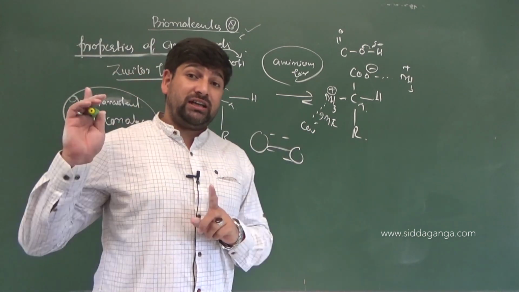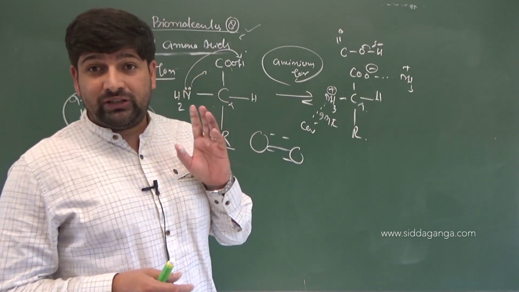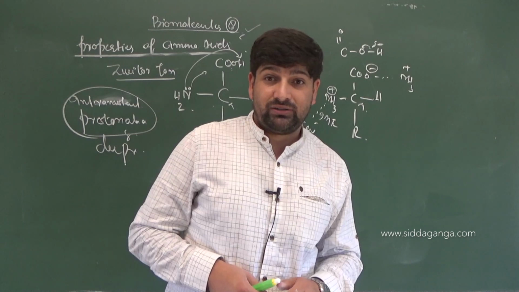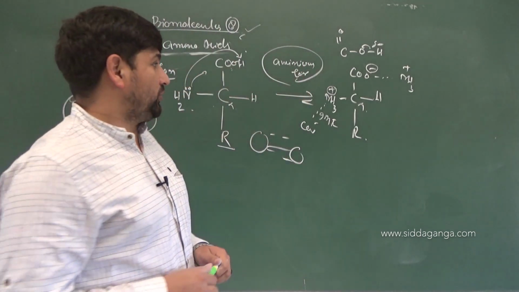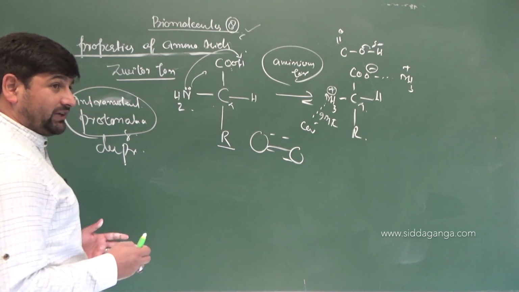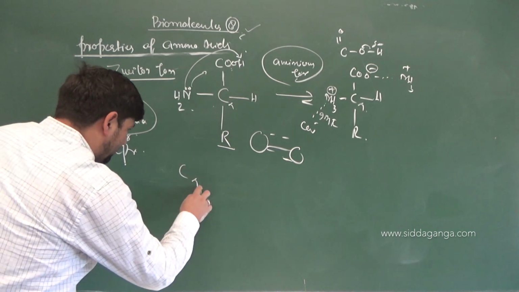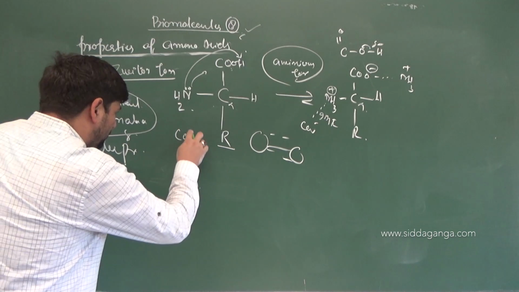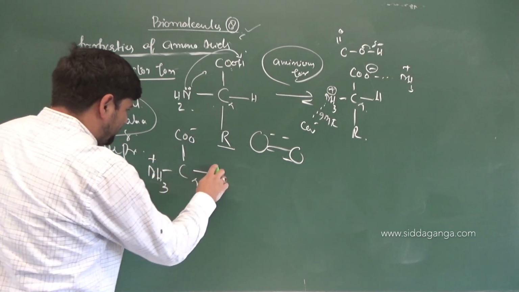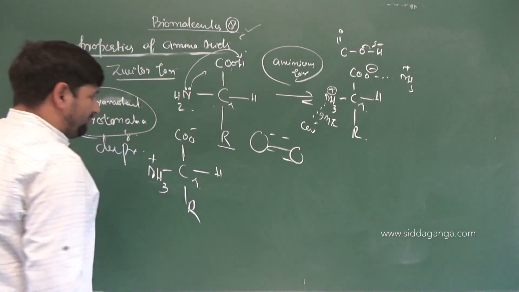Am I clear? There in carbohydrates we learned, if there is solubility of carbohydrates in water, it is due to what? Hydrogen bonding. Yes? Clear? Good. Now further going forward, children, what is the basic structure of a dipolar Zwitter ion now? Zwitter ion will be now C alpha, then COO minus, then you got NH3 plus, then you got H, then you got R. Now I have a question.